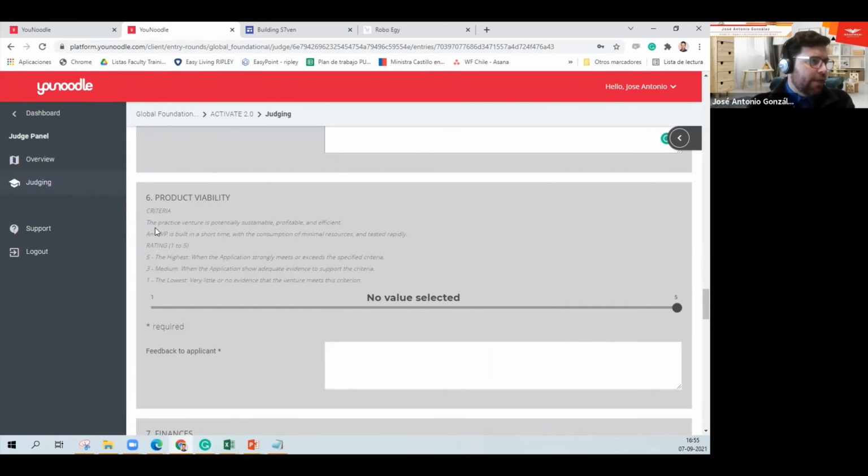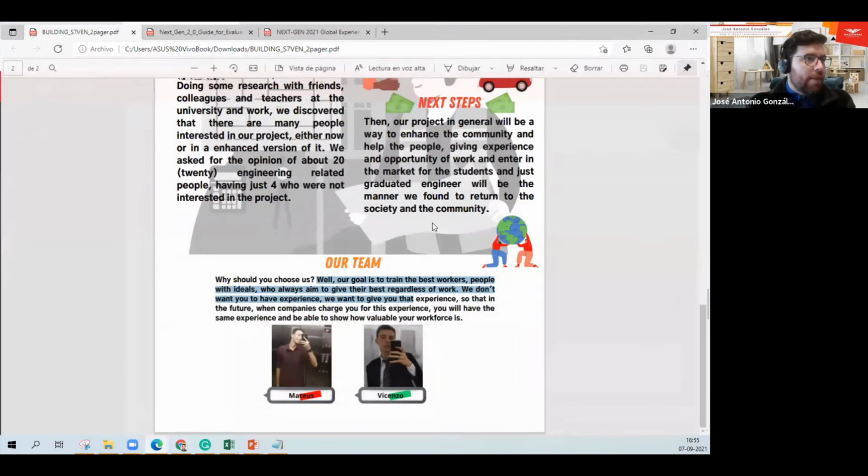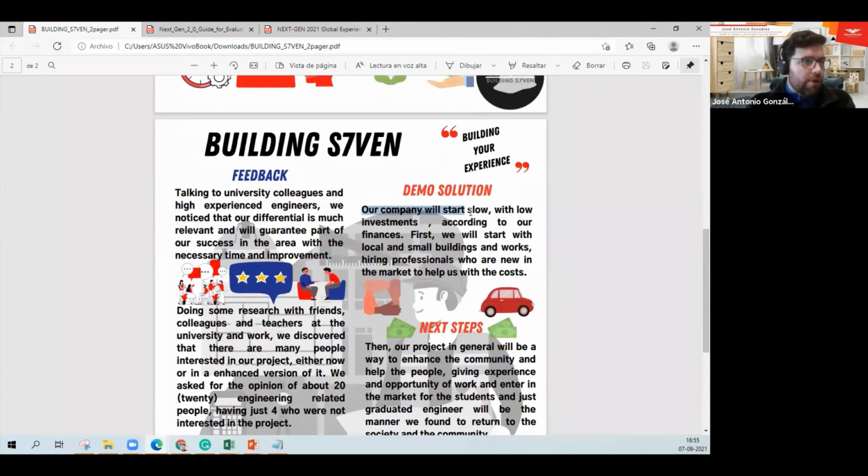Product viability: the practice venture is potentially sustainable, profitable, and efficient. An MVP is built in a short time with the consumption of minimal resources and tested rapidly. Let's see what they had regarding the demo solution. Our company will start slow with low investment according to our finances. First, we will start with local and small buildings, works, hiring professionals who are new in the market to help